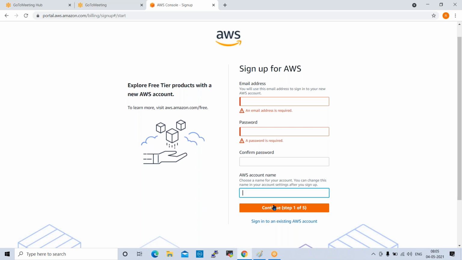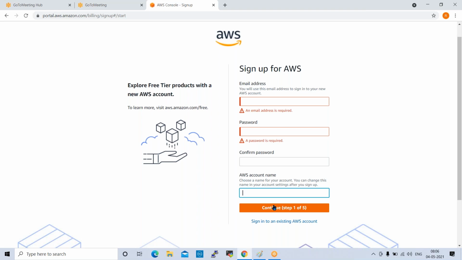Whenever you create any resources, this account is a 12 months free tier account. Okay, within those free services we need to use. So with a 12 months free tier account, we can use 750 hours of resources. Whenever you create any resources like servers, storage, network, once you practice that, you need to stop or terminate. Otherwise, what will happen? A bill will be generated. For example, one server you created today, an EC2 instance. Once you complete the practice, you need to stop the server or terminate the server. Otherwise, a bill will be generated.